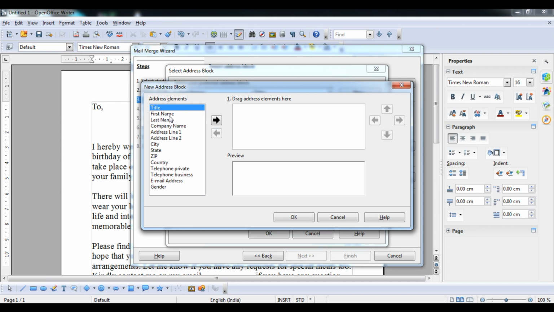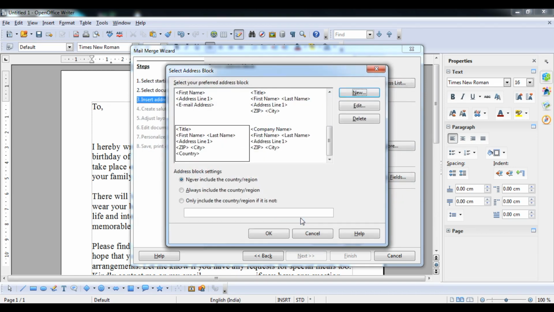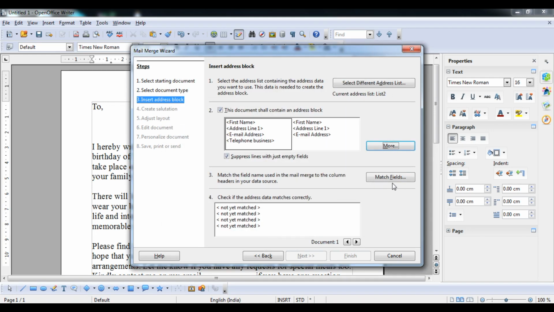on this particular option, that is name, okay, and then after this address line 1, navigate it down by pressing this button, and then after that email address, navigate down, and at last a telephone number, okay, then down, press button, okay button, okay. So there is no such type of this matched, okay.